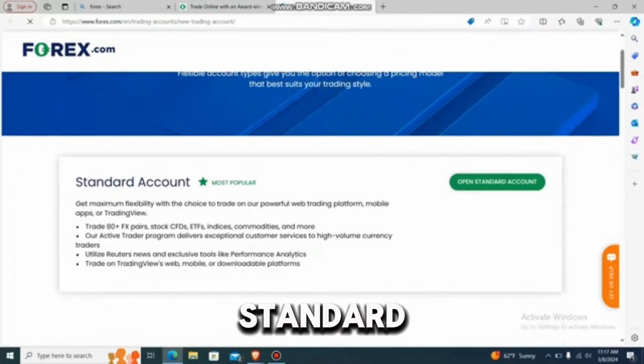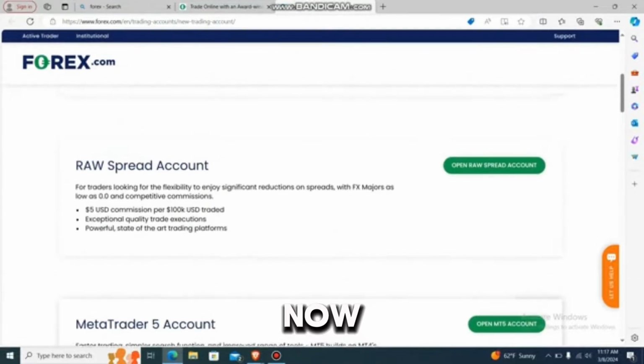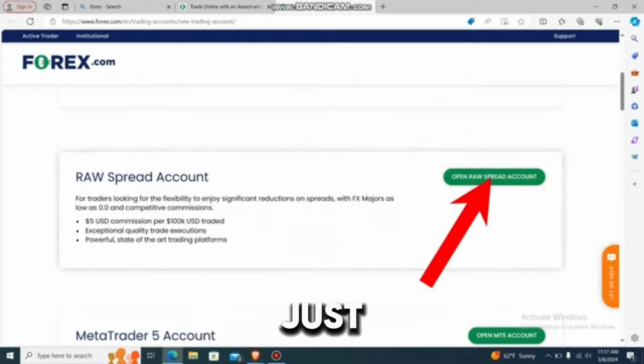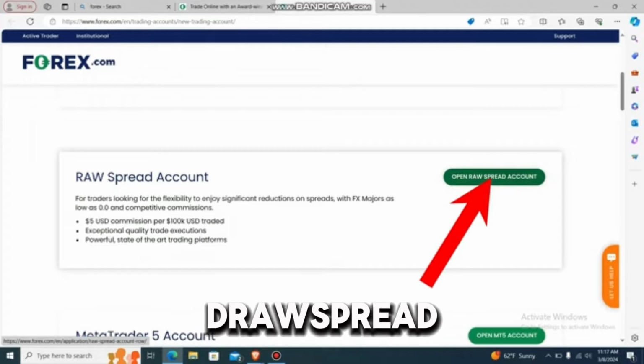You can even go with a standard account and a MetaTrader 5 account. So now in this particular video we have to do the raw spread account. So just go to this particular option which says open raw spread. Just go over here,